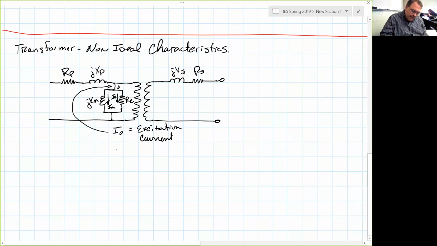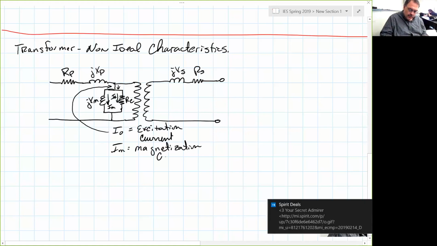Okay, IM is known as the magnetization current. IC